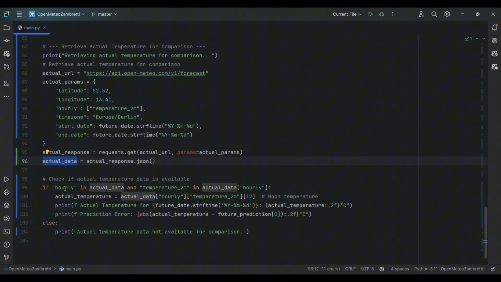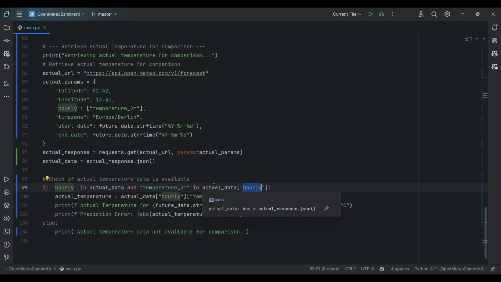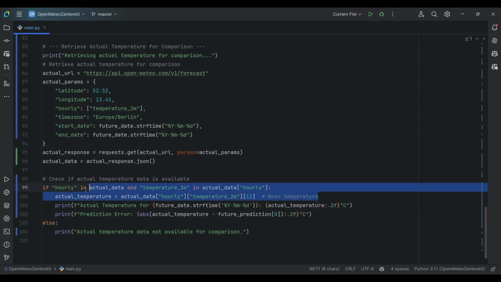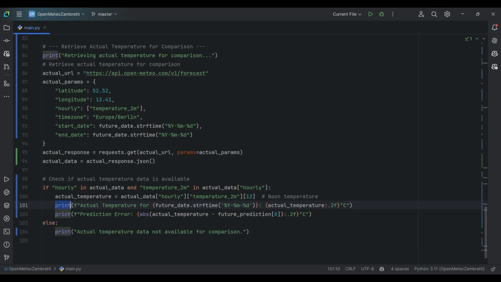We're going to be checking if we have the hourly temperature for that output. So the JSON response contains actually that temperature that we require for that day. And if we do, then we extract that noon temperature into the actual temperature variable. We print the actual temperature, and then we print the prediction error, which is the difference between the actual temperature and the future temperature, in terms of the absolute value, so no minus or plus, just the absolute value. And we print that to the console,